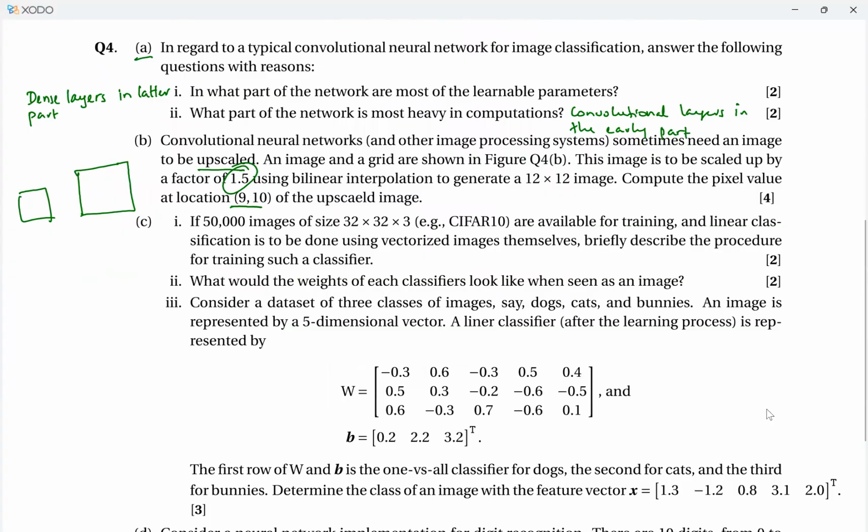Okay, let's look at question part number C. If 50,000 images of size 32 by 32 by 3 color, for example CIFAR-10, are available for training, and linear classification is to be done using vectorized images themselves, describe the procedure for training such a classifier. So what we need to do in this case is, first of all, define a loss function, for example sum of squared loss, a scoring function, Wx plus b, and find W and b through gradient descent, right? So the answer to that question would be